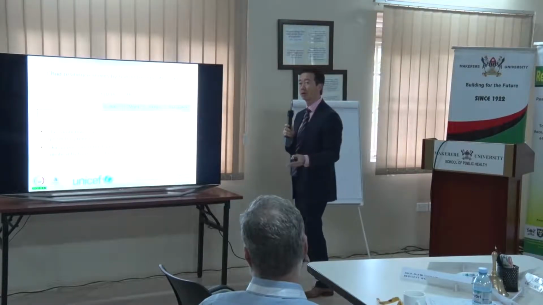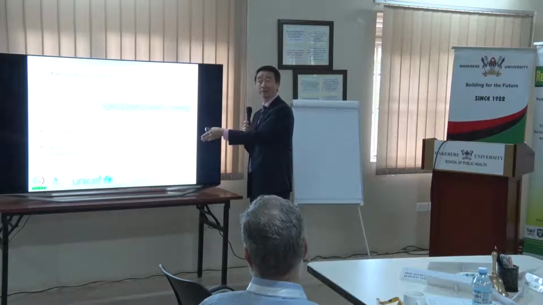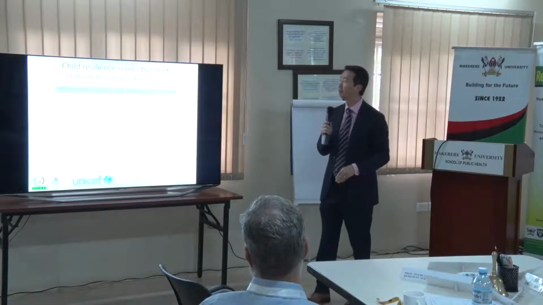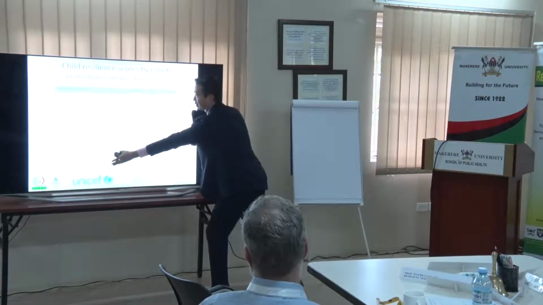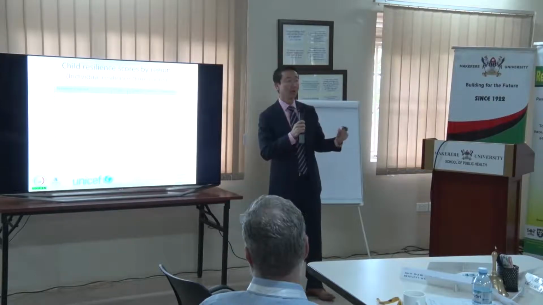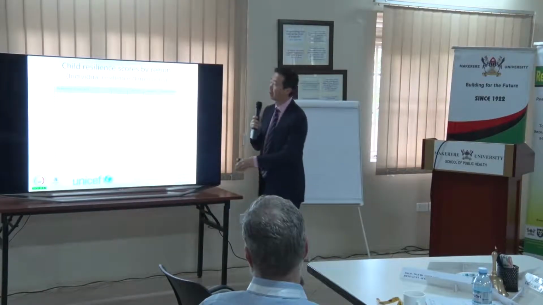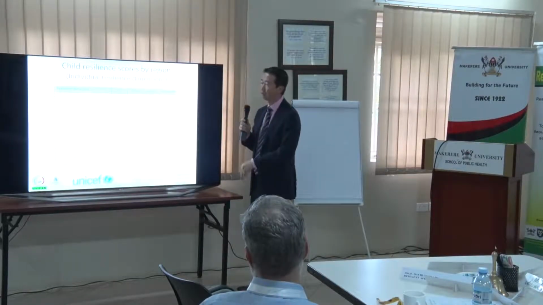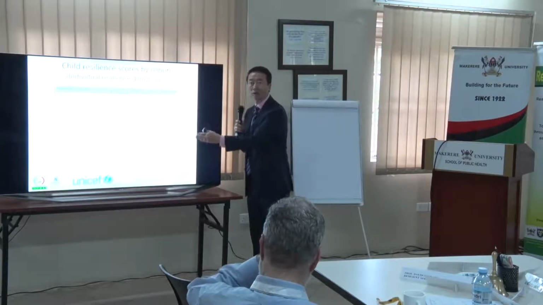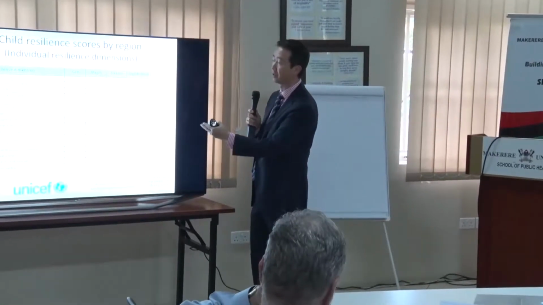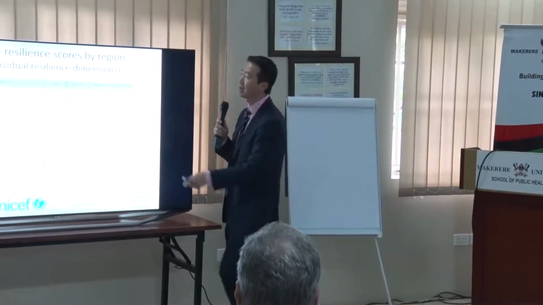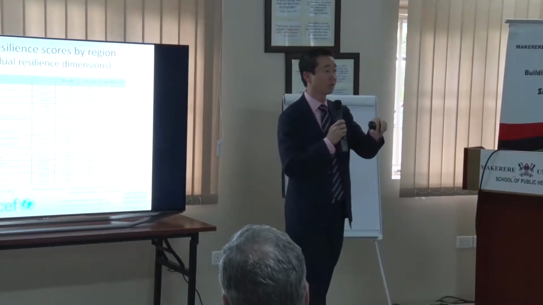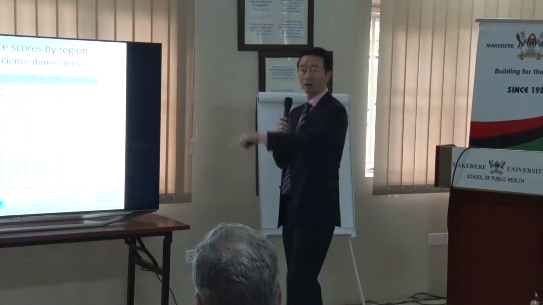But again, as I pointed out here, what does that investment look like? So we can then go back and unpack, and start thinking about, on the left-hand side here, these are the resilience dimensions that made up child well-being. So we looked at emotional skills and depressive symptoms. At the household level, we looked at food security and wealth. At the societal level, we looked at access to basic services, social cohesion. And again, we start better understanding how those individual characteristics, in terms of their levels,